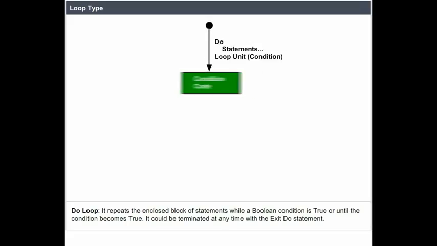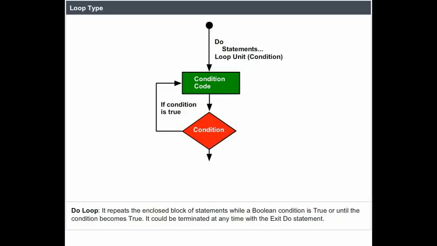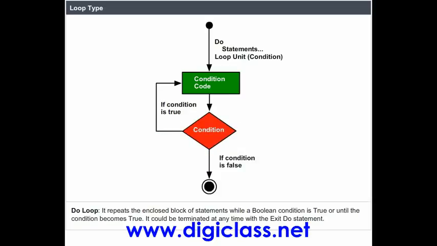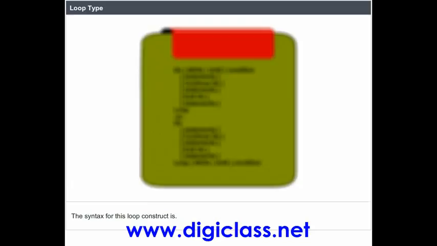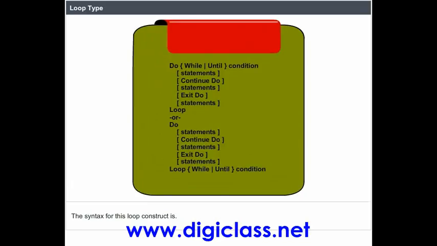Loop type: do loop. It repeats the enclosed block of statements while a Boolean condition is true or until the condition becomes true. It could be terminated at any time with the exit do statement. The syntax for this loop construct is